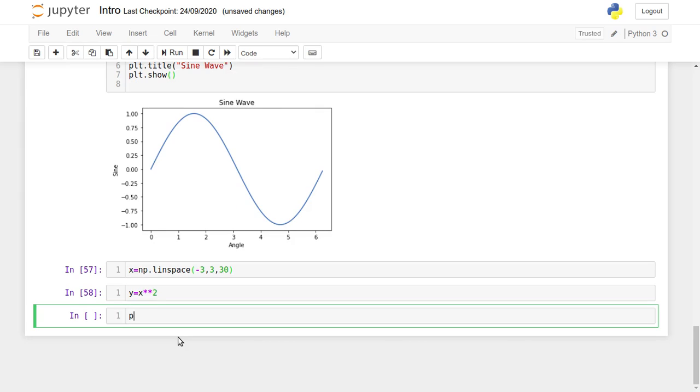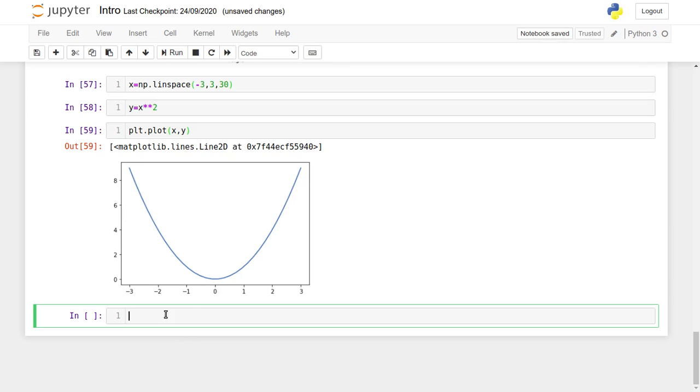Then I will plot x comma y, using plt.plot(x, y). So I will get a parabola curve.